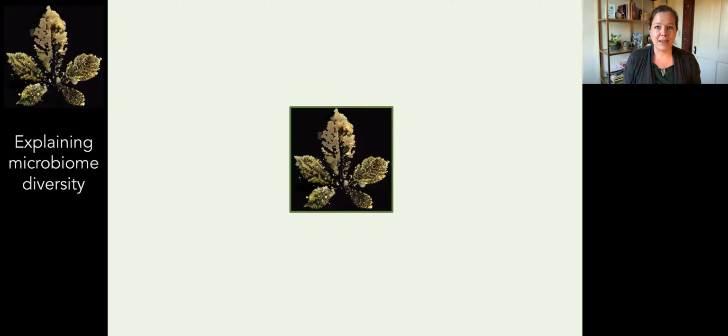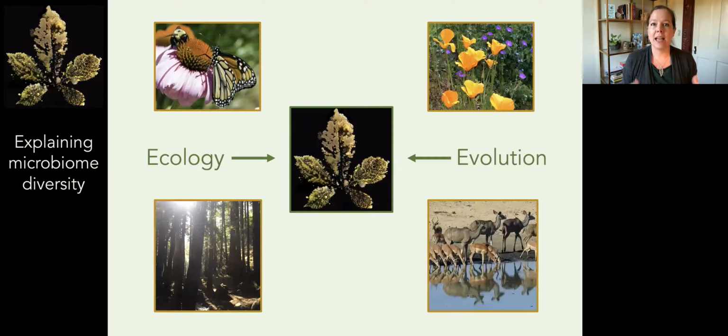Since I've been a scientist, I've been trying to explain diversity. How is it generated? How is it maintained over time? Because you need only look out your window to realize how incredible it is in terms of how many species you can see, let alone all of those taxa that you can't see. And when I moved into microbiology and the worlds of microbiomes for my postdoctoral work, I took all of the same principles that I had been thinking about in terms of plant and animal communities to explain this incredible diversity.